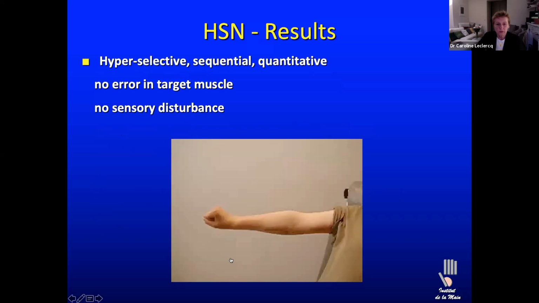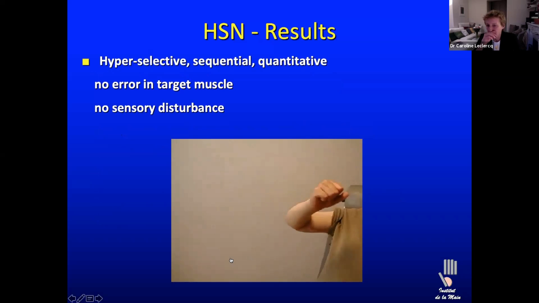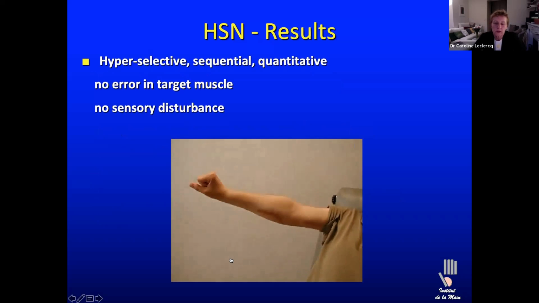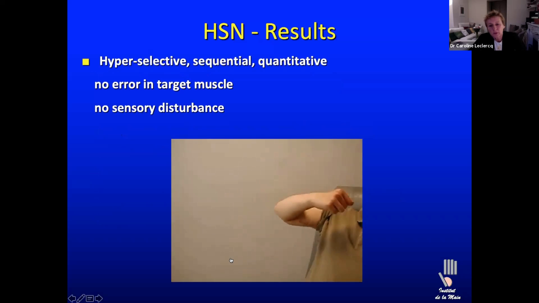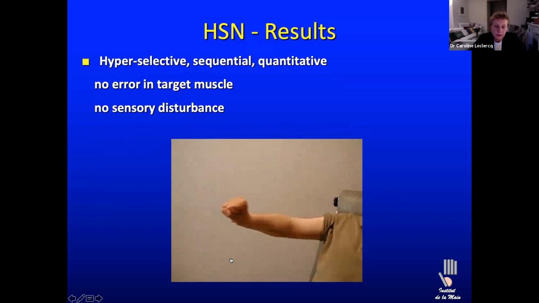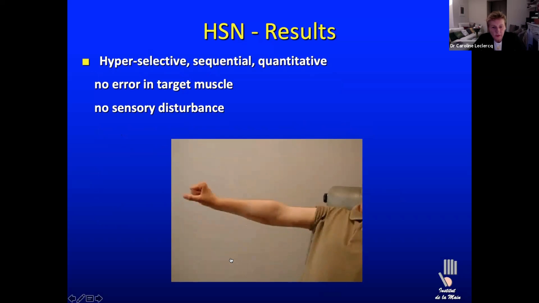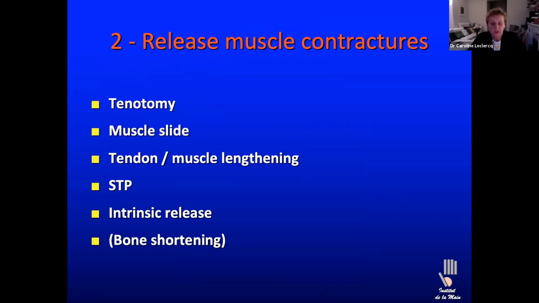This is a result of this technique, and this young boy had hyperselective neurectomy of the musculocutaneous nerve and the median and all the nerves for the wrist. And you see this is a boy with only spasticity, no contracture, and we can end up with satisfactory results. Next